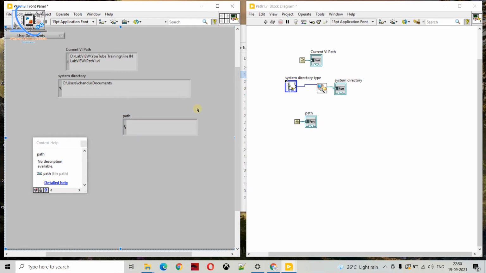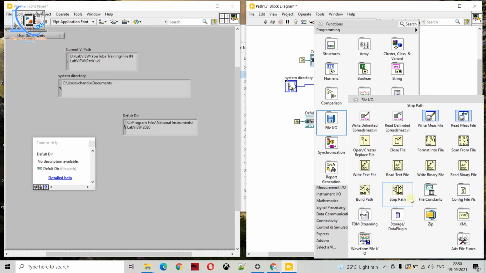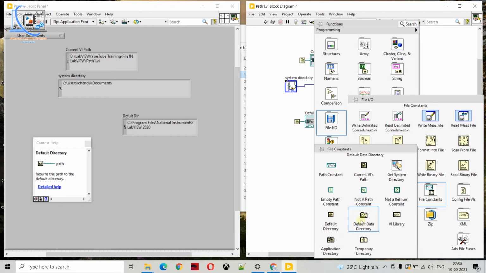If you click Control S, meaning you are going to save that unsaved VI, then by default that directory will open, meaning the directory LabVIEW will consider by default. So this will be our default directory for LabVIEW. If you have not saved your program, you will be working in this directory. So this will be your current default directory.